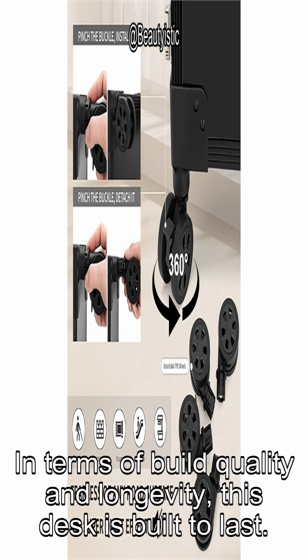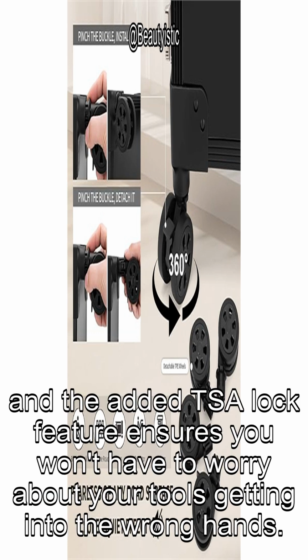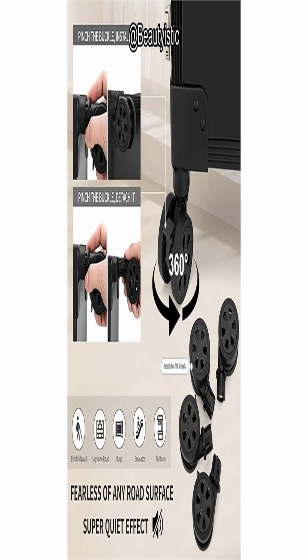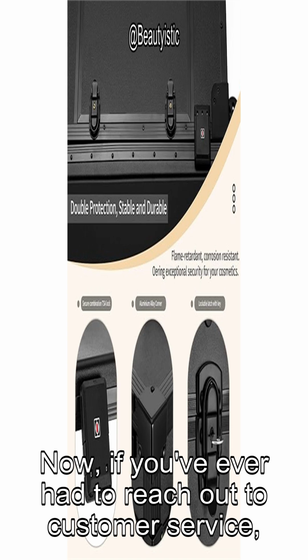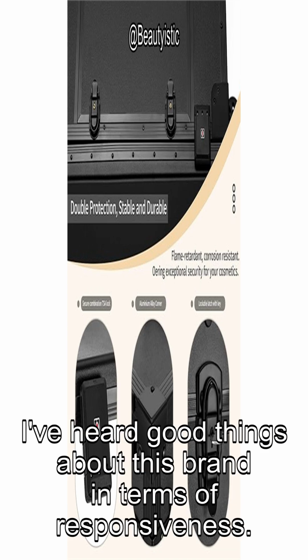In terms of build quality and longevity, this desk is built to last. The metal frame and TPE wheels should hold up well over time, and the added TSA lock feature ensures you won't have to worry about your tools getting into the wrong hands. Just make sure to maintain it properly, especially the locking mechanisms and wheels, to keep it in top shape. Now, if you've ever had to reach out to customer service, I've heard good things about this brand in terms of